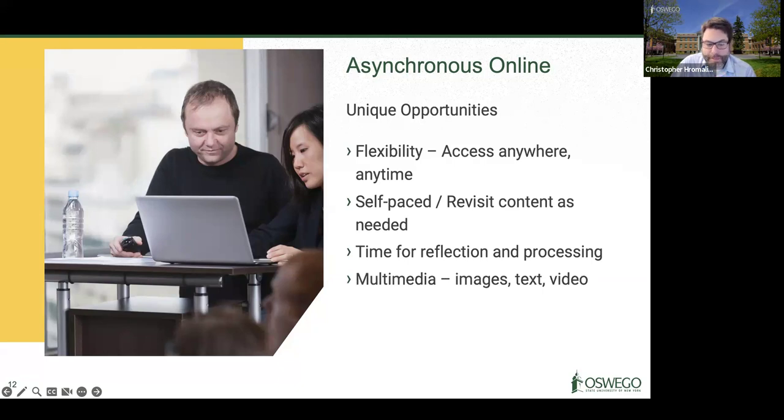And of course, lots of multimedia: images, text, video. We don't have to present anything in just one way. And of course, in synchronous online instruction, multimedia is also an important piece of it. But especially when we think about our asynchronous online instruction, including multimedia, multiple means of representation. If we design multiple means of representation, having more than one way of explaining something, potentially having text and maybe an image that can help to make for a better explanation of it, providing a video with closed captions and or a transcript,